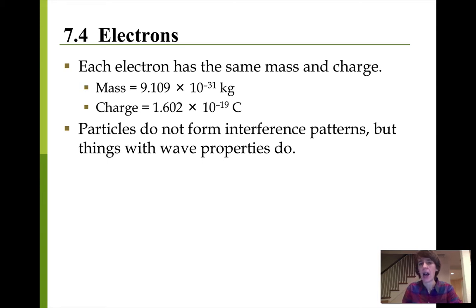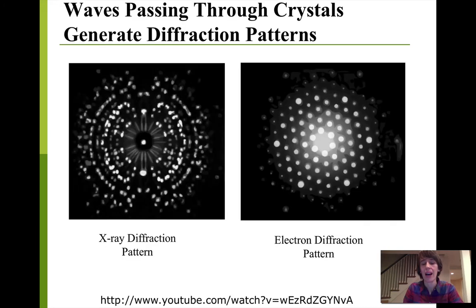But at some point, scientists started considering the possibility that electrons could act as a wave as well. And we know that particles, streams of real particles with real mass, don't form interference patterns like waves do. So the question was asked, well, what if we have a stream of electrons? They're so small. Yes, they have mass, but I wonder if they would form interference patterns. This is a really innovative question to ask. No one really thought that electrons would create diffraction, create interference, but it was found that they did.